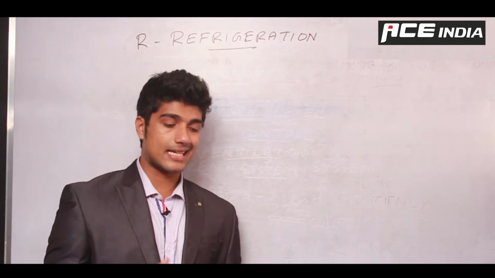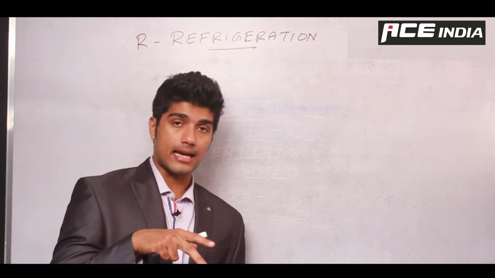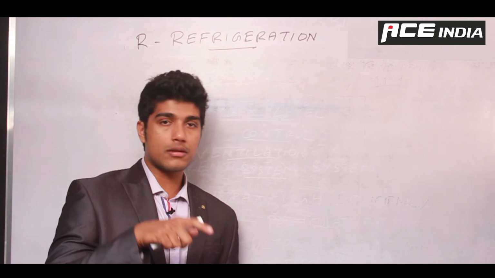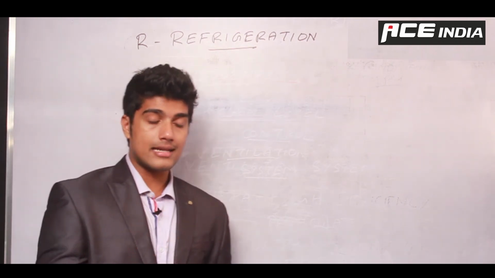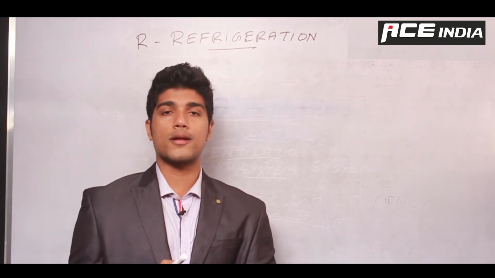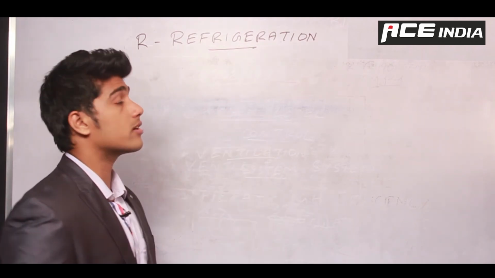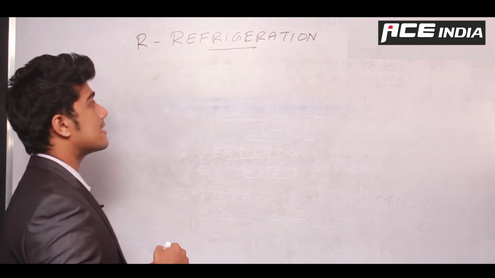Now what the fridge does is it already has a colder temperature air or void inside, which will be cooled down even more by the refrigerator. That means it discharges the heat from the inside surface, which is already cold, to the outside, which is already hot. And that is the principle of refrigeration. Right, so we'll move on to refrigeration systems.